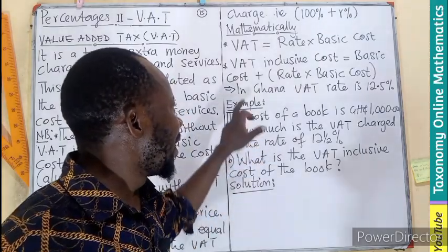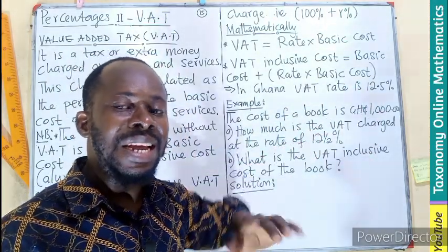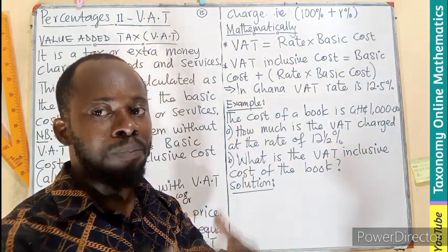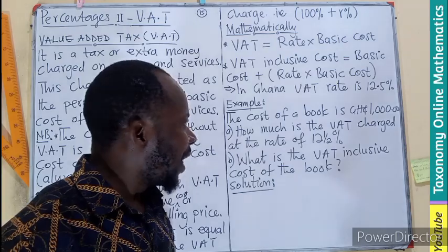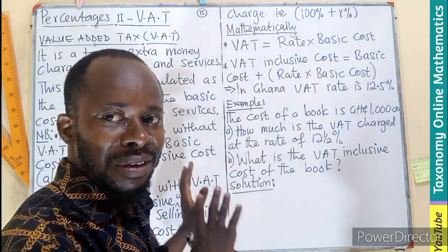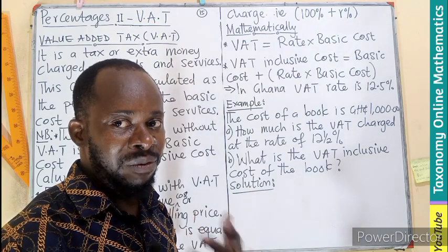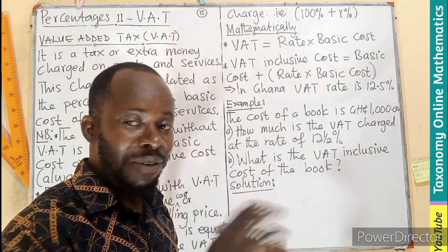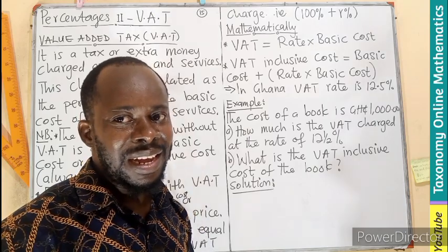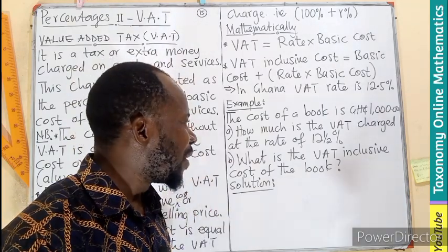All right. In Ghana, the VAT rate is 12.5. I think I mentioned that right from the beginning. Every country has its own percentage for their VAT. Okay. If this is understood, we can delve into the question. If not, you can reverse the video back and take the explanation again. If not, leave your suggestions or your questions in the comment section for us to